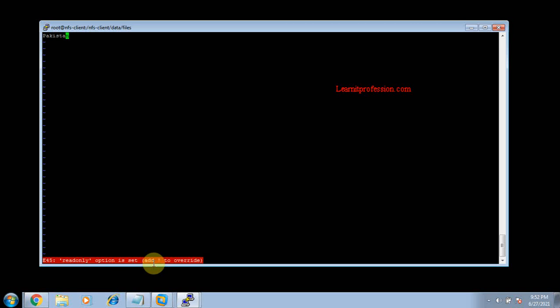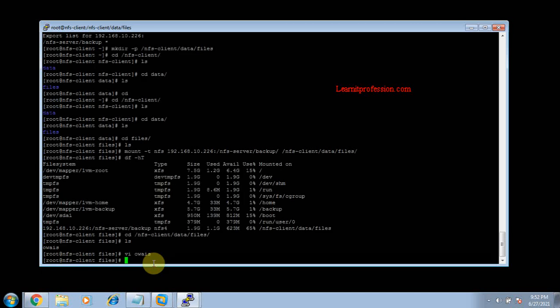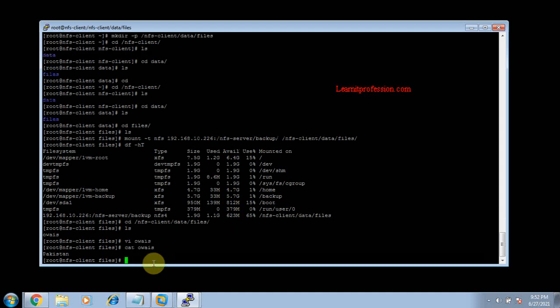The read-only option is set at override. Just press :wq to check the content. So okay, here you see the content Pakistan is available. I want to check that there will be no problem adding another content.